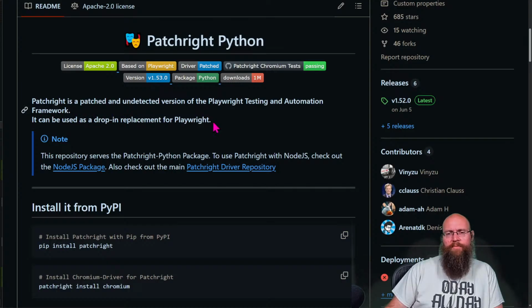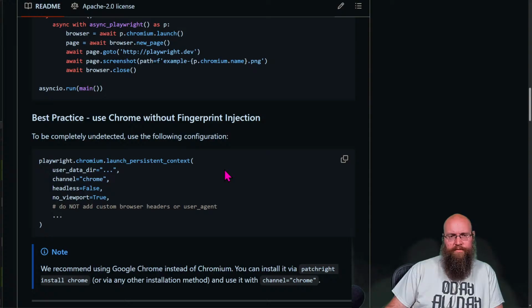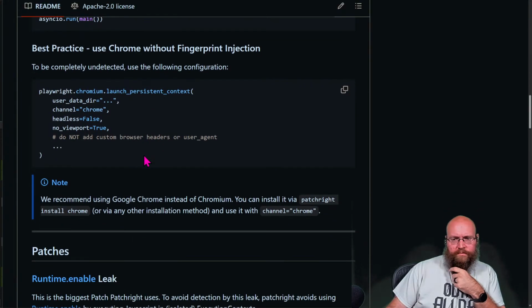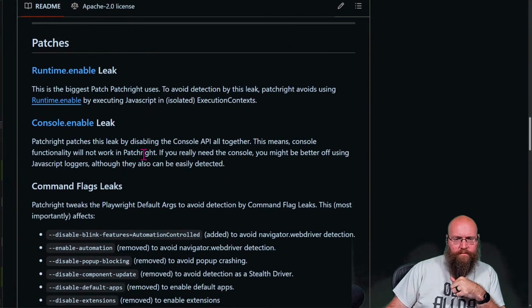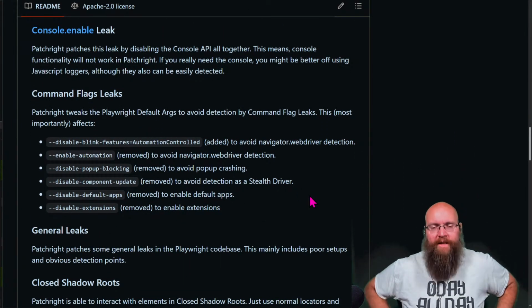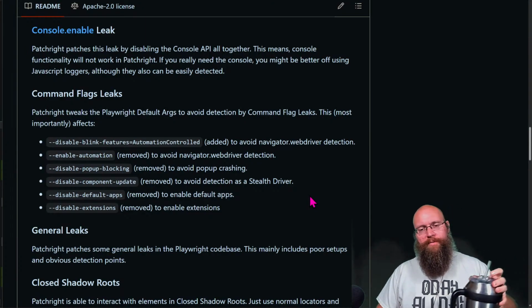Interesting that we're installing both Playwright and Patchright. So which one are we using though? That's what I'm trying to figure out now. Are we actually using Patchright to try to be undetectable? Or are we using Playwright?